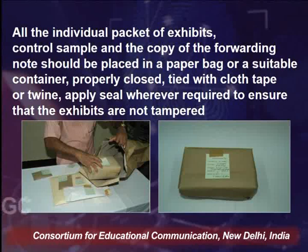All the individual packets of exhibits, control sample and the copy of the forwarding note should be placed in a paper bag or a suitable container, properly closed, tied with cloth tape or twine, and they should apply the seal wherever required to ensure that the exhibits are not tampered. As you can see, there are multiple packaged evidences packed in a big box, and on that box they have pasted one forwarding note as well as the sample of the seal. As I have explained, the seal should always be maintained intact. This picture is showing the